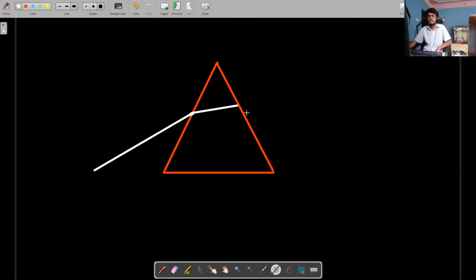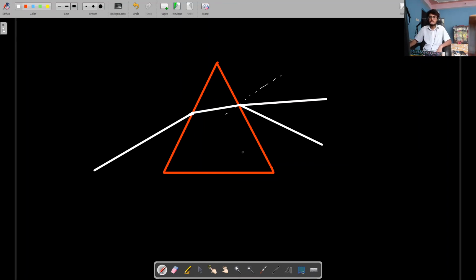Now let us assume that colors are emerging here. We don't see white light here. Let us assume colors are coming here. So which color will be here, which color will be here, and which color will be here? Can anyone tell me? If this is the normal, violet